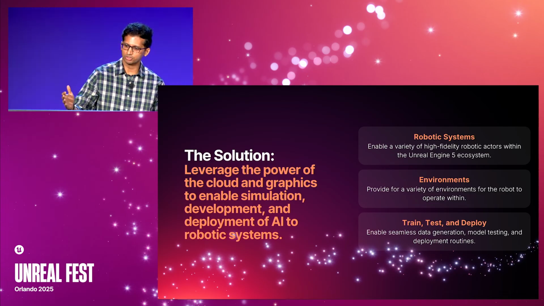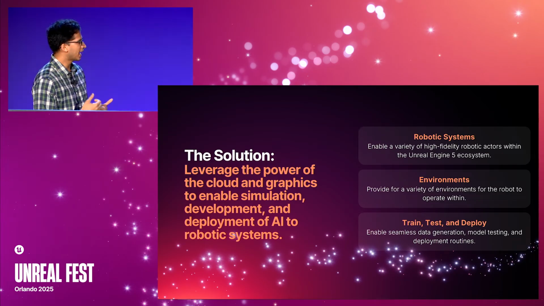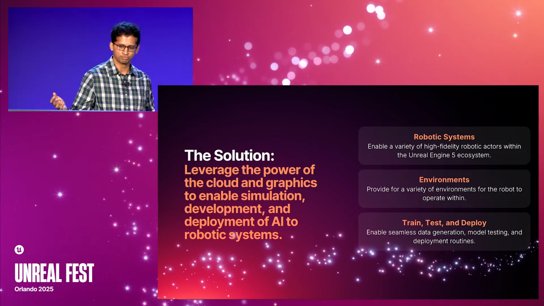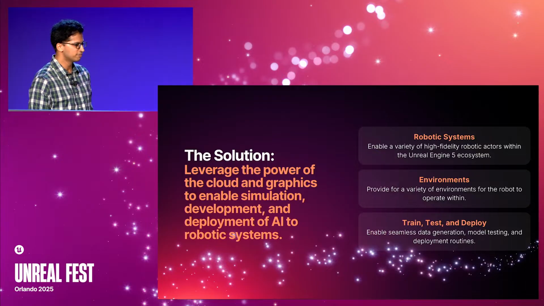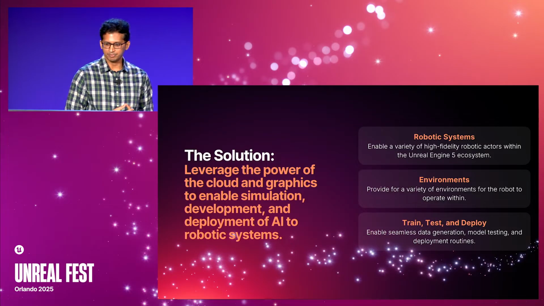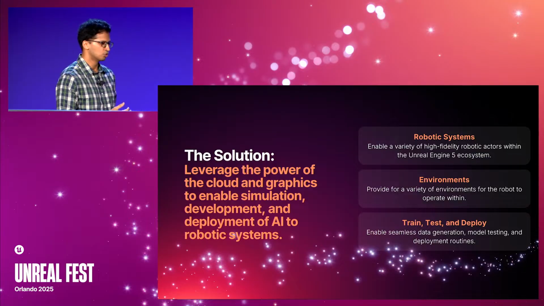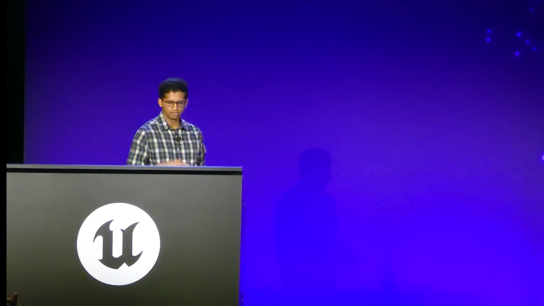So what we wish to do is really, the first question is, how do you enable, of course, multiple kinds of robots in an ecosystem like Unreal Engine 5 so that you can benefit from all of the features in there? This means, again, robotic arms and drones and quadrupeds and so on and so forth. Each has its own kind of nuances and complexities. And how do we provide a variety of environments for them to train on? And I'll go through how much variation there typically is when we think about environments for robots. And finally, how do you train, test, and deploy?